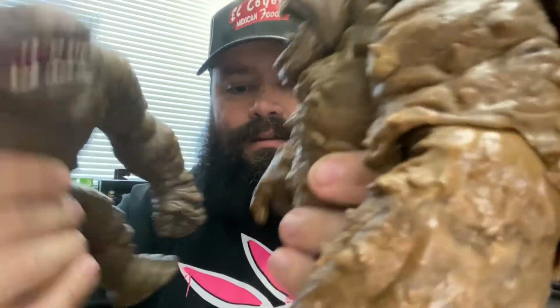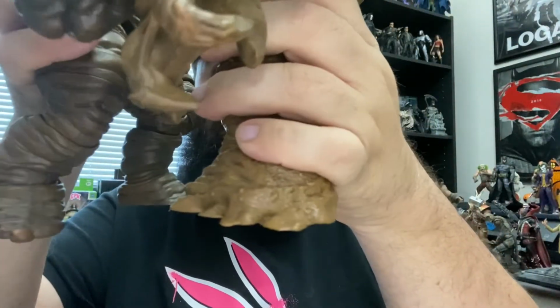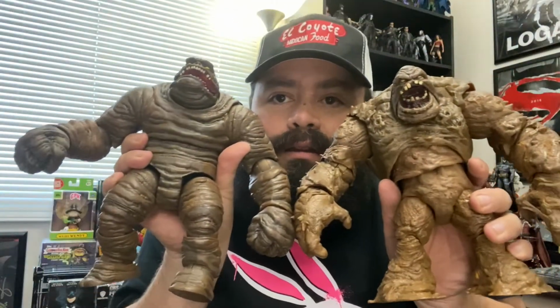Ultimately, not like I would trust a Build-A-Figure's articulation, because they always feel loose no matter what. So how do they stack up? They are exactly the same height. He's slightly wider. I like the coloring on him more, but then you look at this, and this could be an aesthetic choice. He also has a set of inner teeth inside of his